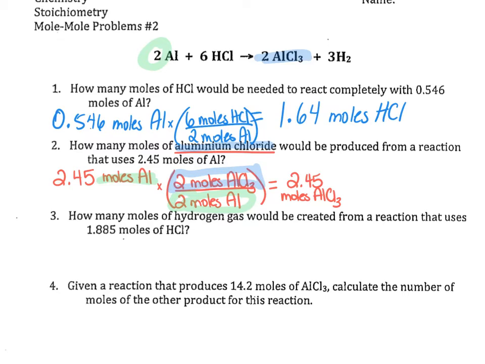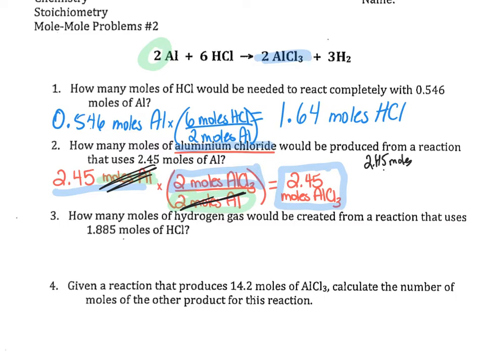Notice that this is basically a 1-to-1 ratio. If I reduce that ratio 2/2, that means that if I've got 2.45 moles of aluminum, then I'm also going to have 2.45 moles of aluminum chloride coming out. We can also use the ratio method that we had before instead of multiplying by a conversion factor that crosses out. So you can also set this up as